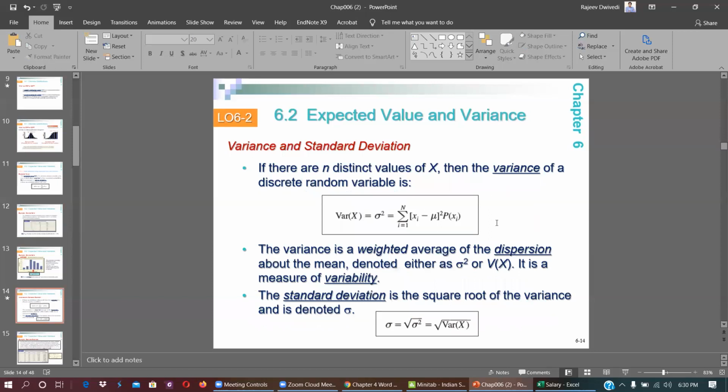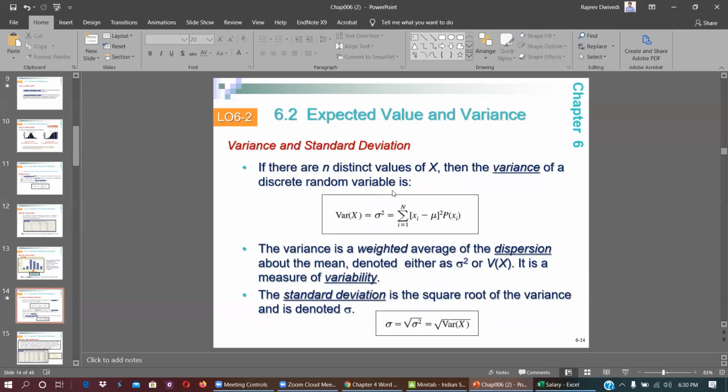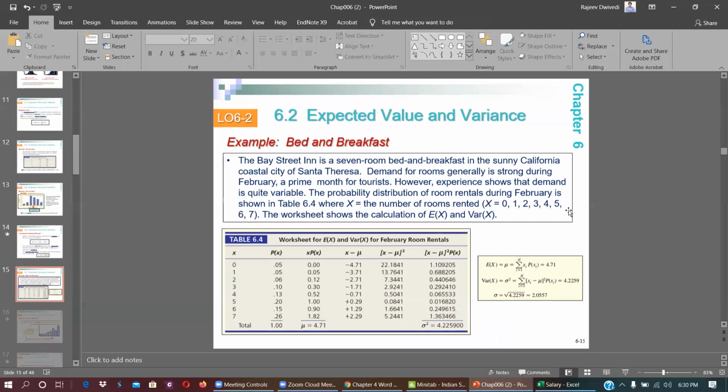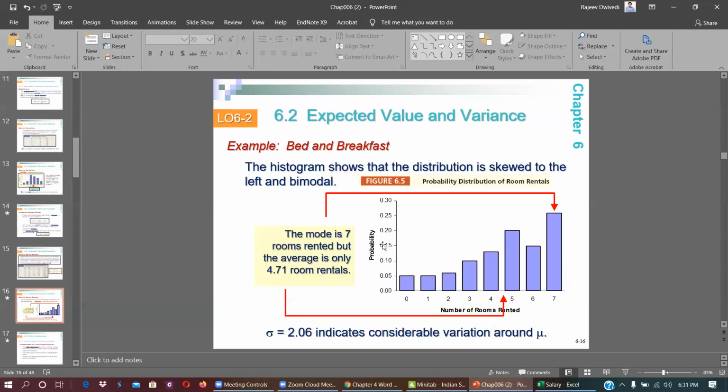So what is the particular? Here the mean is 2.75, which is in between. What is the variance and the standard deviation? You already know what variance and standard deviation are, and these are the formulas or equations. We don't need to understand this. We already understood the relation between standard deviation and variance. This is the one, because everything will be done by computer. Here is an example again to calculate, but we are not going to do it because we can do it very easily on computer.